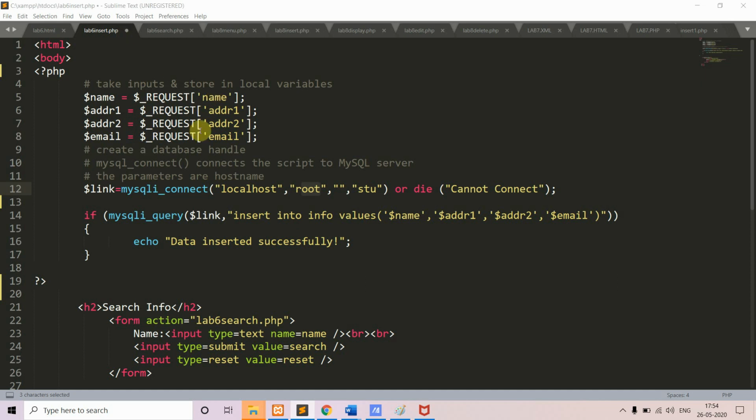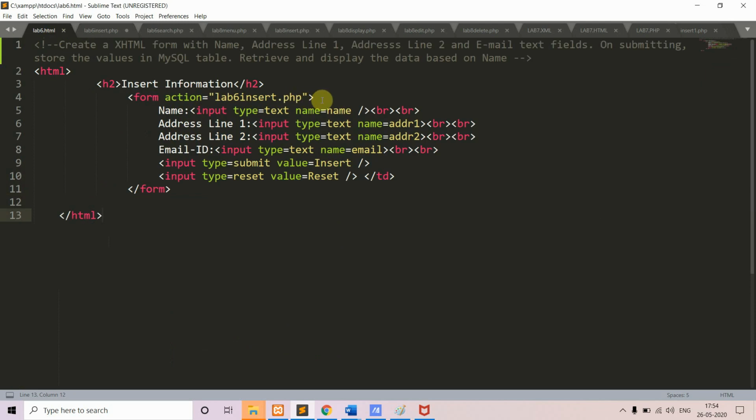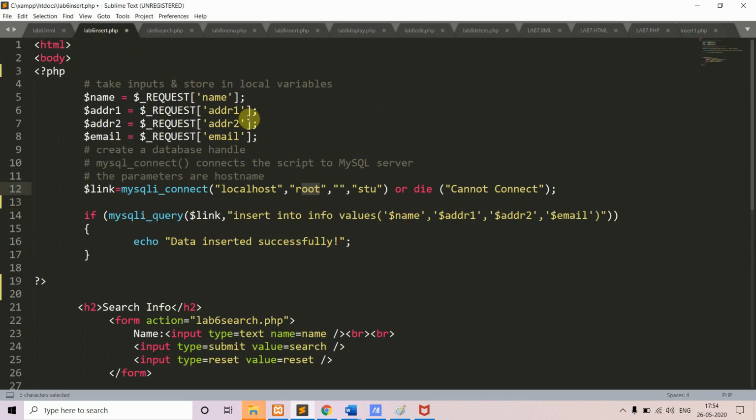This saves values, whatever is being passed by get or post or cookies also. In the previous HTML, you have not given any method, so by default it is get. So whatever value is sent through the get method is received here, under this request array. This is a super global array. When you say super global array, what is the meaning of that? This saves the value which can be used by the user in any scope, in other parts of the website. So when you say global, it can be used in other parts. So that is about your request array.